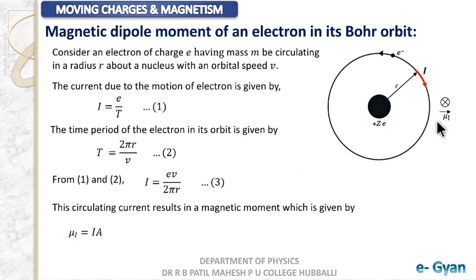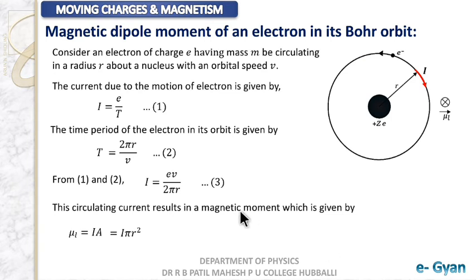So here mu L is already shown. It is a vector quantity, and we shall at last say what mu L is. Mu L is the magnetic dipole moment of an electron. So mu L is into the plane of the paper. When you are seeing it in this manner, the electron is revolving this way, then mu L will be into the plane of the paper. So mu L, that is the magnetic dipole moment of an electron, should also be equal to I into A. That is, I is the current which is caused by the motion of the electron, and A is the area bounded by the orbit. Proceeding ahead, if I substitute their values, I get it to be I times pi r square.